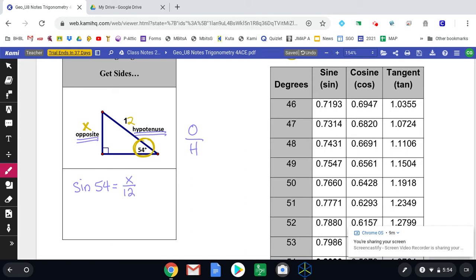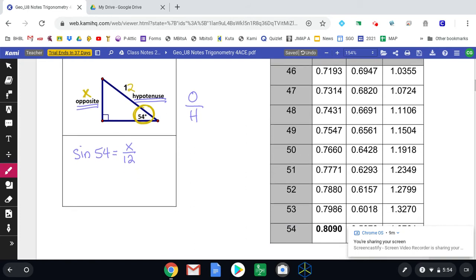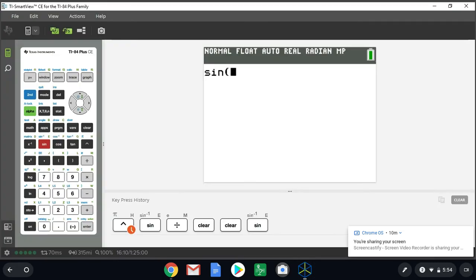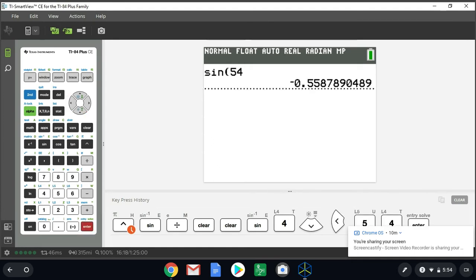Now what I could do is take a look over at my trig table and find sine of 54. And I could also think about this. I mean, I have a calculator now. I put in sine of 54. Oh, not 44. 54. And notice,